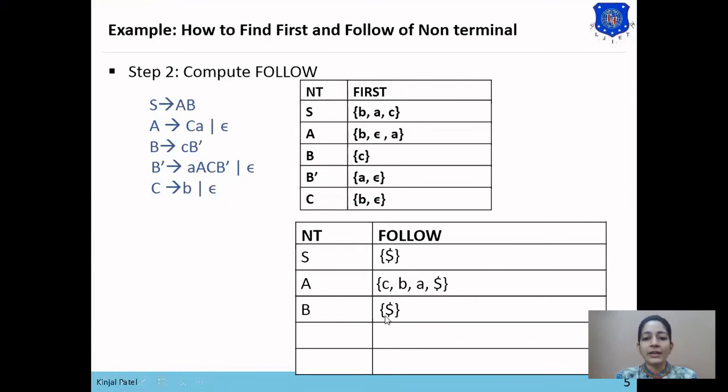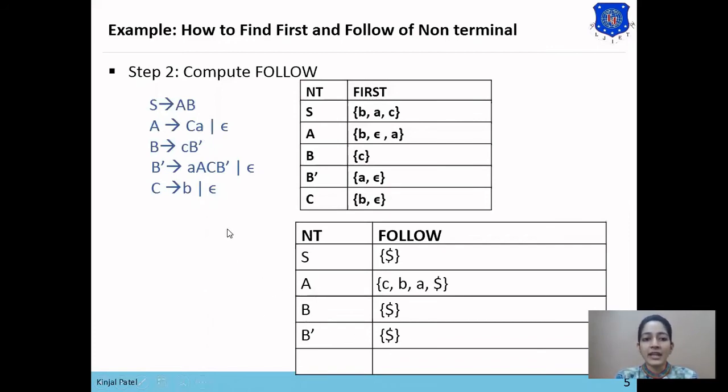So dollar will be placed in follow of B. Now we want to find the follow of B dash. So here in B dash also there is no symbol following B dash. So follow of B will be added in follow of B dash. So follow of B is dollar. So follow of B dash will be dollar.